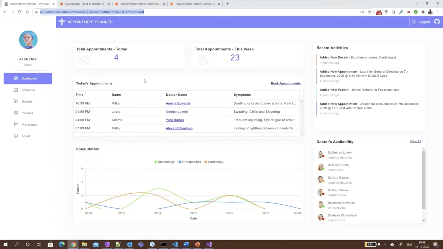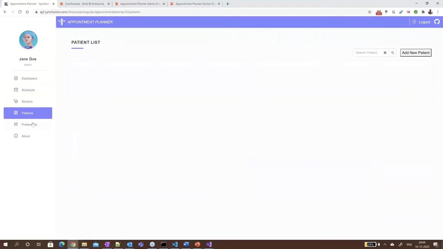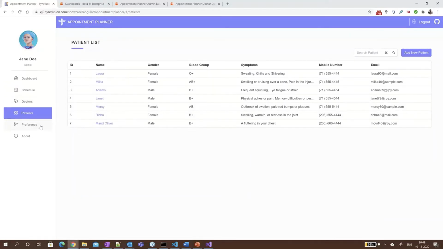This application portrays appointment planning between doctors and patients in a clinic. The default landing page is a dashboard built commonly for everyone with the JavaScript controls. You can book appointments using the scheduler. You can see doctor and patient informations, etc. in the menus.